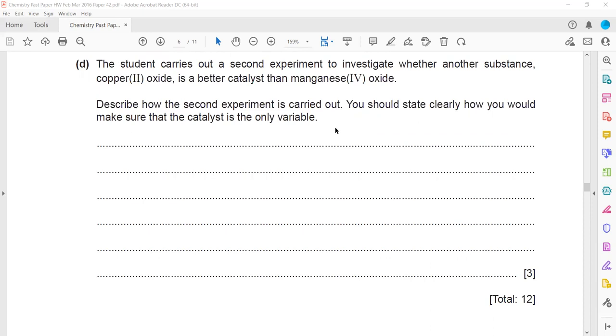So the student carries out the second experiment investigating another substance, which is copper 2 oxide, and whether it is a better catalyst than manganese 4 oxide. Describe how the second experiment should be carried out. You should state how you would make sure that the catalyst is the only variable. So how to make sure? Because a catalyst is a substance which chemically remains unchanged. So we want to show that this substance is a catalyst. So we will take equal volume of,